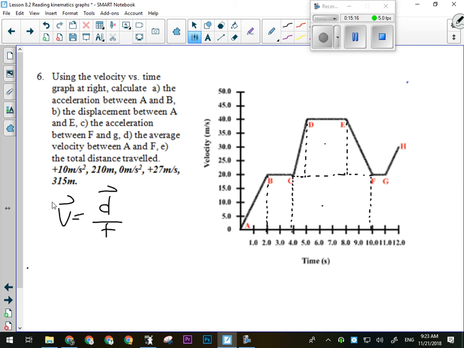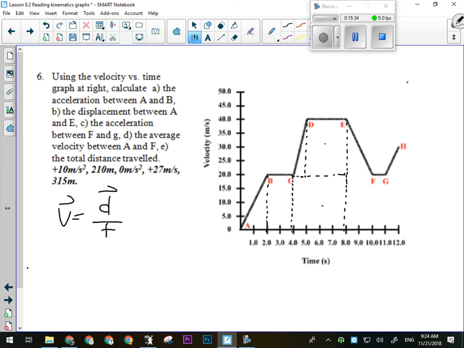B. Okay, so displacement between A and E. Similar thing here, except now I wouldn't use all the way to F. I would just end there. All right, so if I can find all these areas, so from A to B, we've got a height